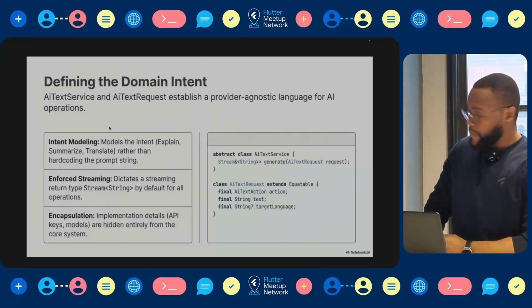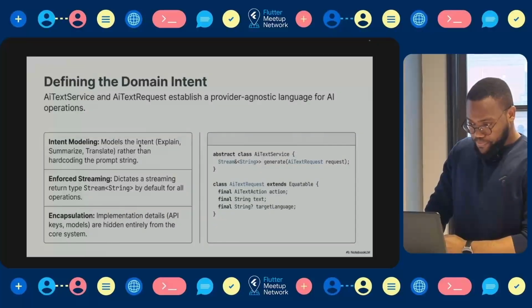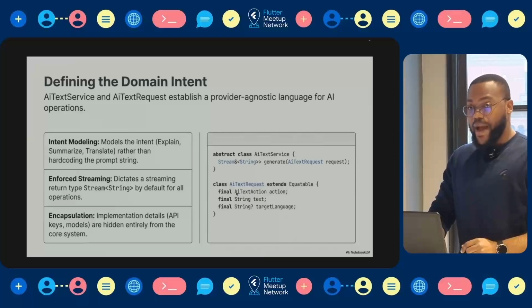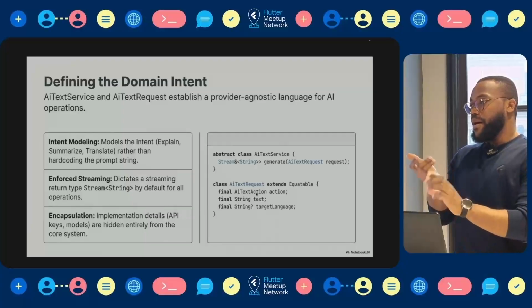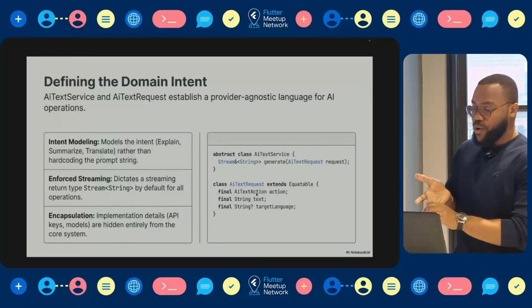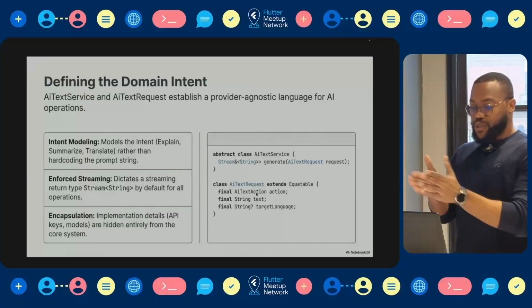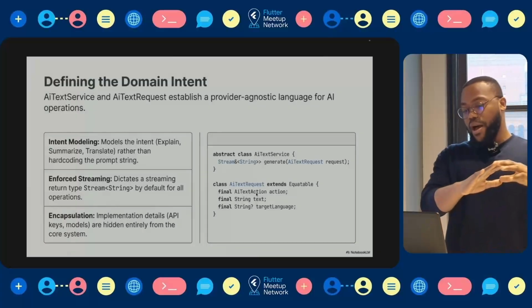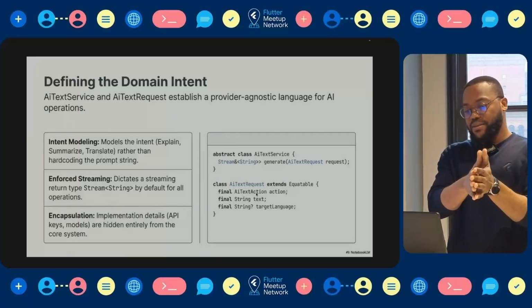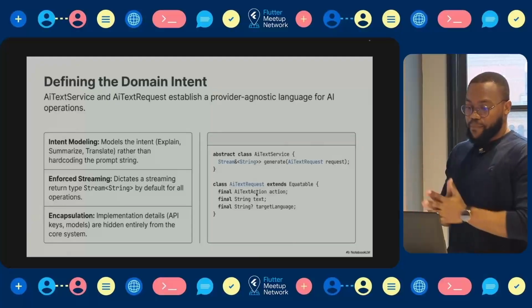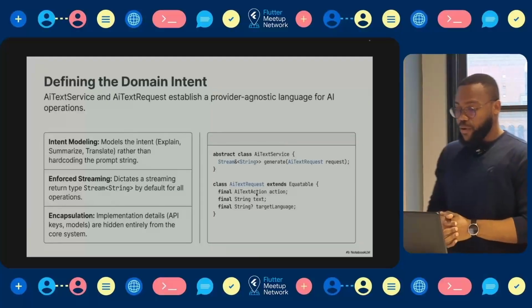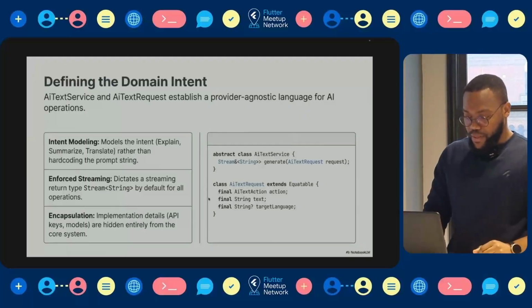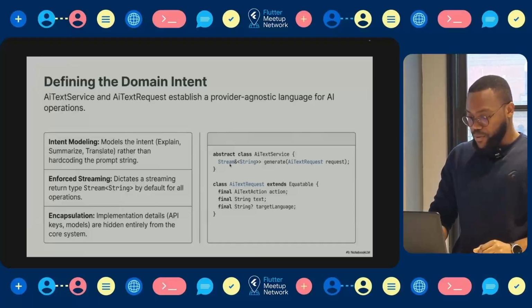So here, this is translated into an AI test action. The AI test action is either an explanation, a translation, or a summary. So I have to model that into a clear domain intent. And also here, this is really critical, because here,